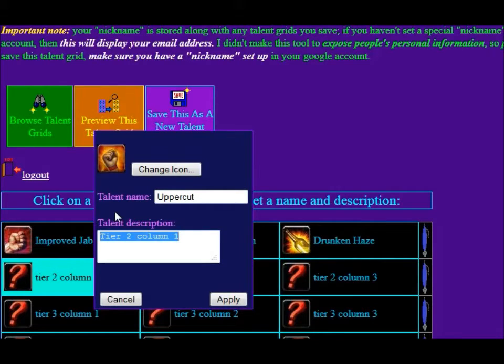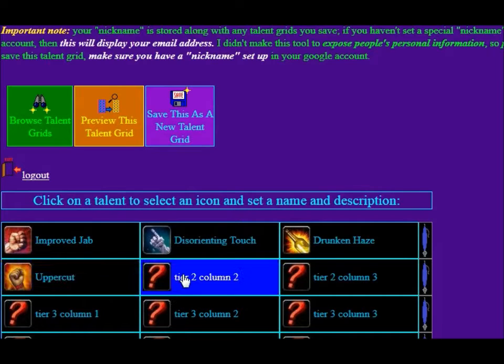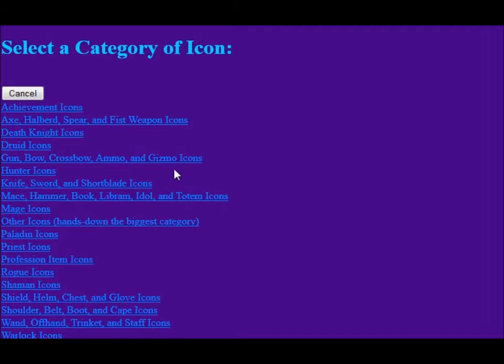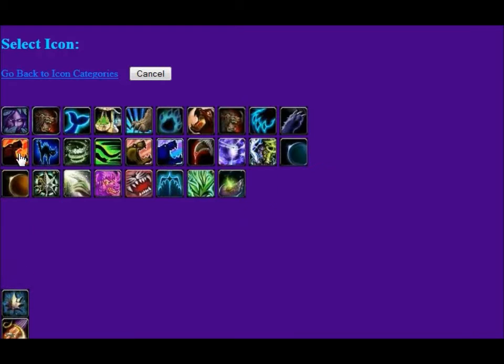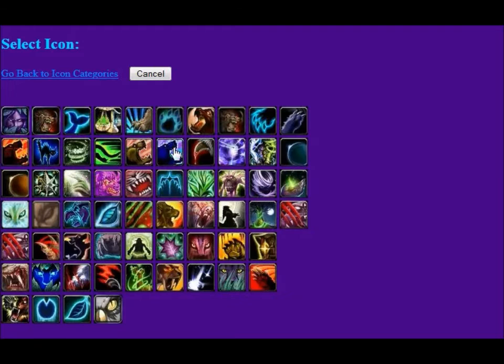Sometimes you really got to look around and know where to look to find the really good icons, but here's one. I'm just going to say interrupts the target and prevents casting in that school for 8 seconds. Usually it's 4, but this is something of a super interrupt. That's one way of going about it. Another way of going about it might be some sort of AoE. I know that Breath of Fire was not originally an AoE ability, but I'm just going to pretend that it